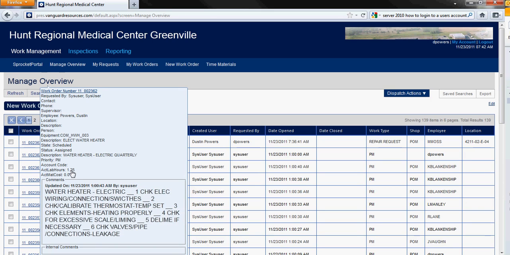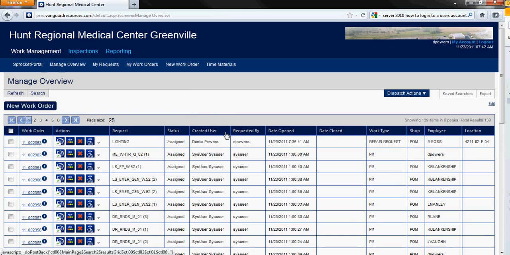I'm going to go back to the Manage Overview, so I'm just going to click Save and Exit, or you could click Manage Overview. But I want to make sure it saved my time and everything else. Now from here you can also see a brief summary of the work order by clicking on these eyes next to the work order. So if I click this eye,